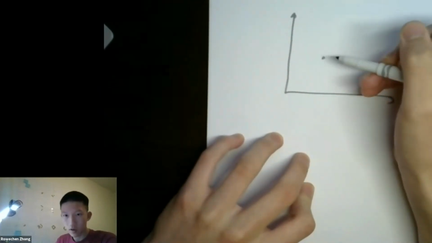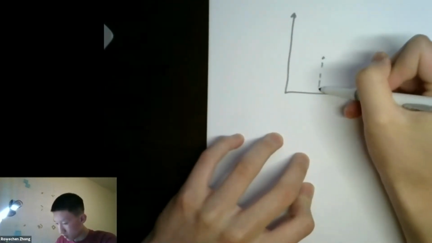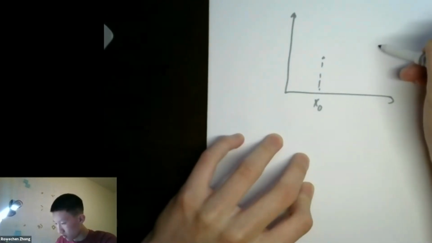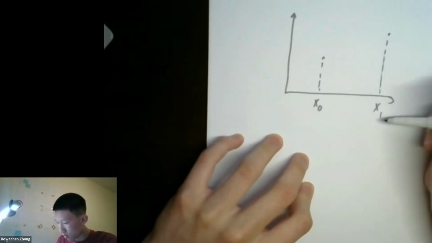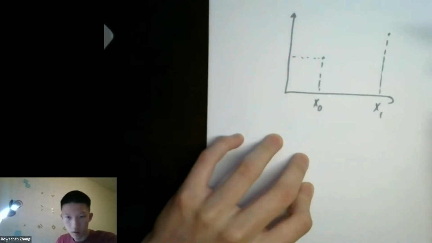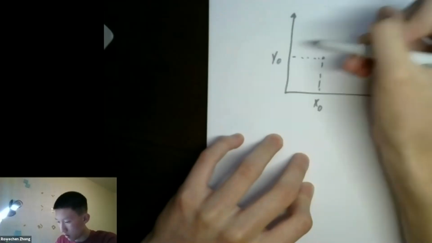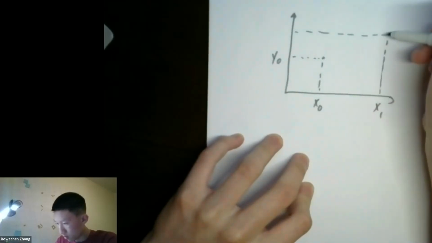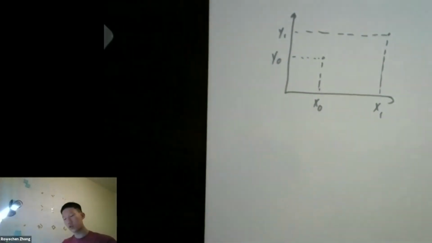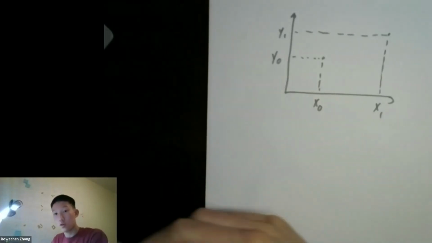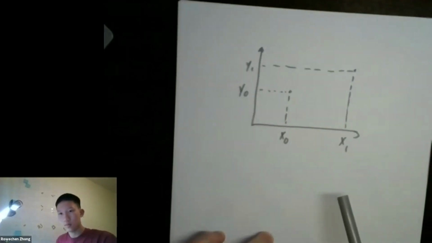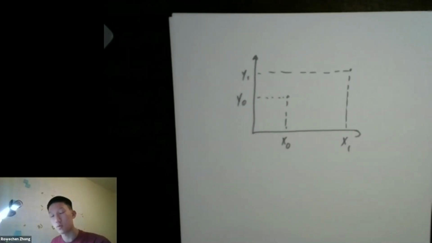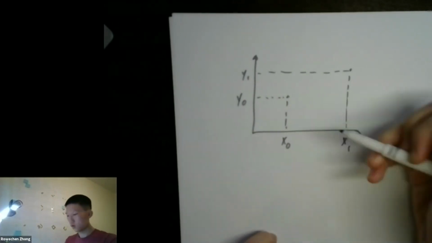We've got 1 point, x0. We're going to call this point x1, and we've got, I don't know, I'll call this y0 and this y1, and we are trying to find any curve that connects these 2 points. Right? And we're trying to minimize the length of that curve. So really, it could be any curve.